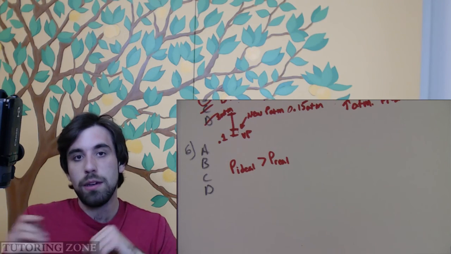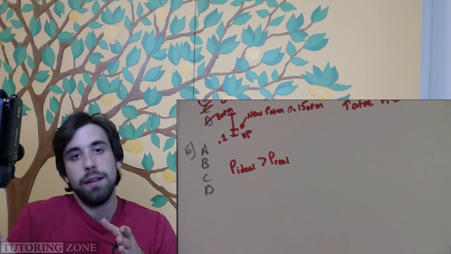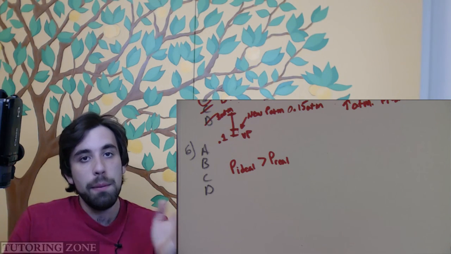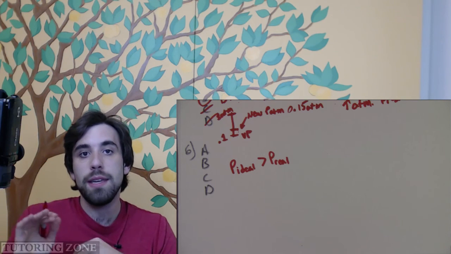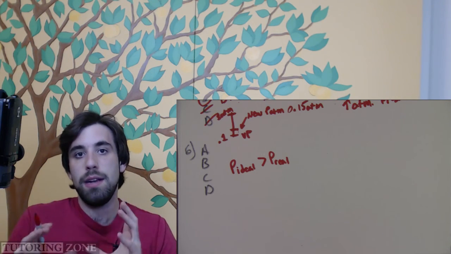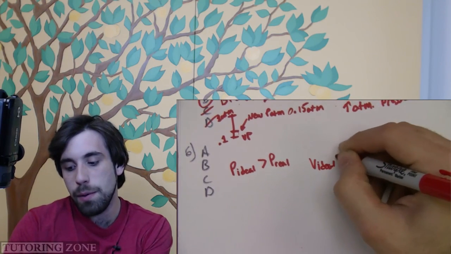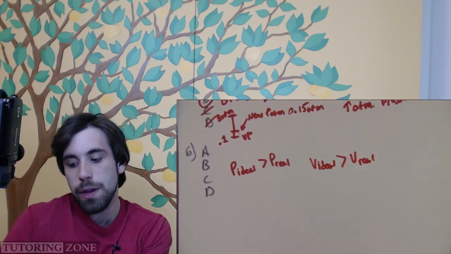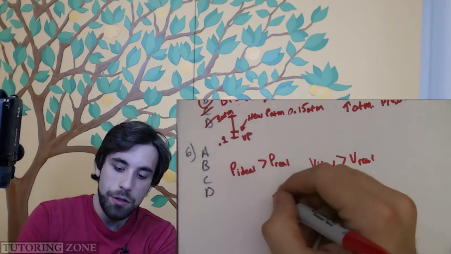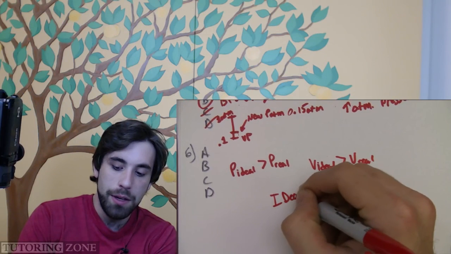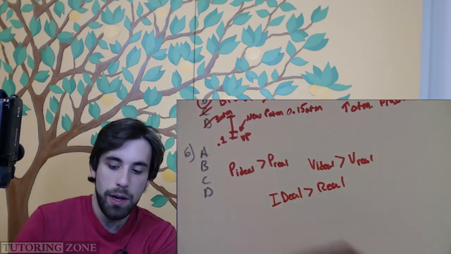So in PV equals nRT, the volume that we plug in is the volume of the container, which for a 1 liter container, we just assume to be 1 liter. But is that how much space you actually have in that container? The answer is no, because the gas molecules take up space in and of themselves. So therefore, the ideal volume is going to be more than the real volume because those gas molecules actually do take up space. So we always remember that the ideal world is always greater than the real world, and we go with answer choice